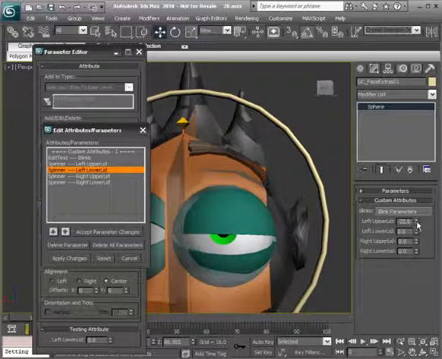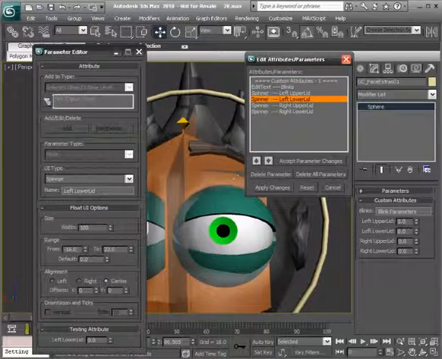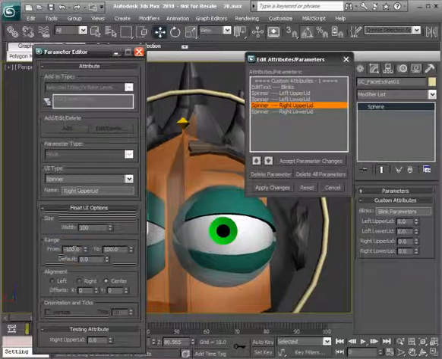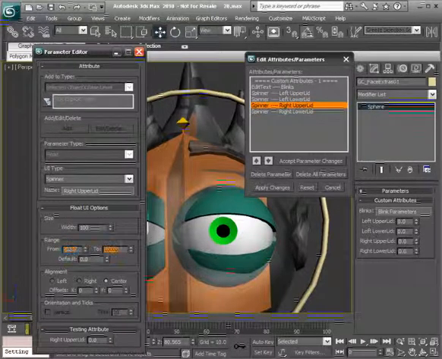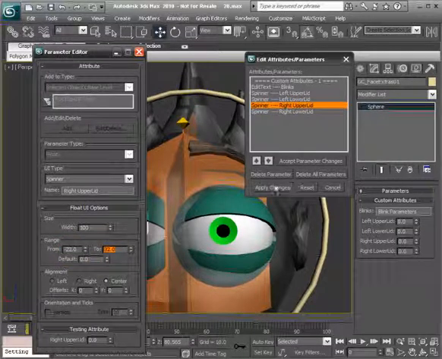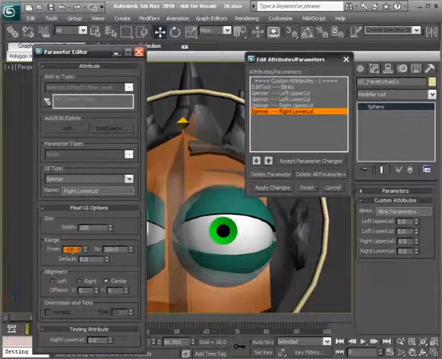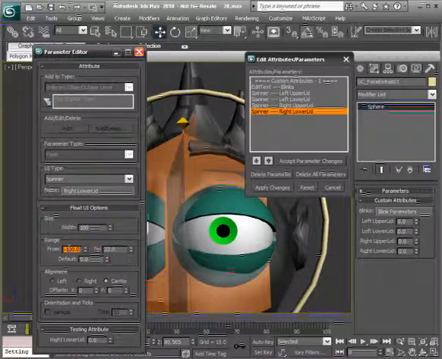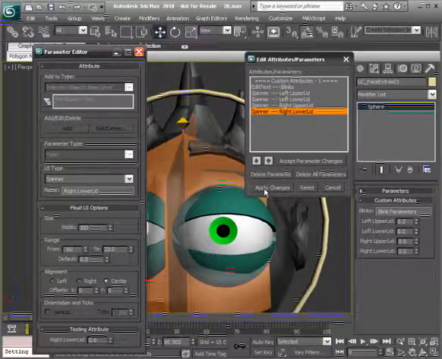All right, so keeping that in mind, we can go ahead and take care of the right side. So again, it's a matter of choosing the parameter. For the upper lid, the minimum was negative 22. The max was positive 32. Apply changes. Lower lid was negative 22, or excuse me, positive 22 was the max, and the minimum was negative 16. So go ahead and apply changes there,